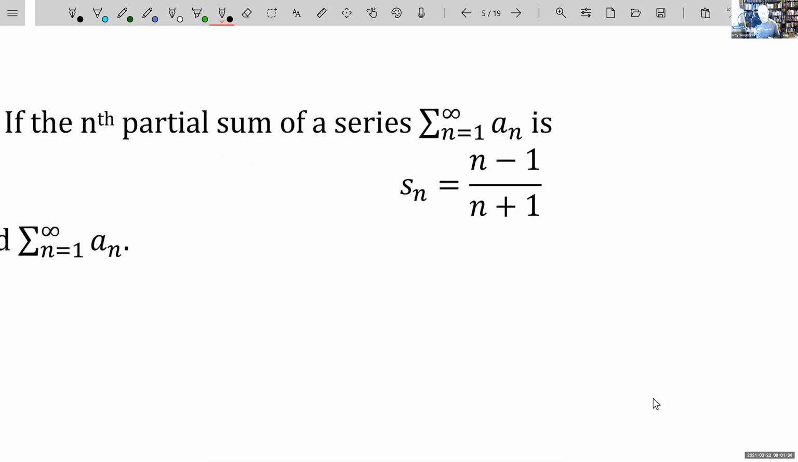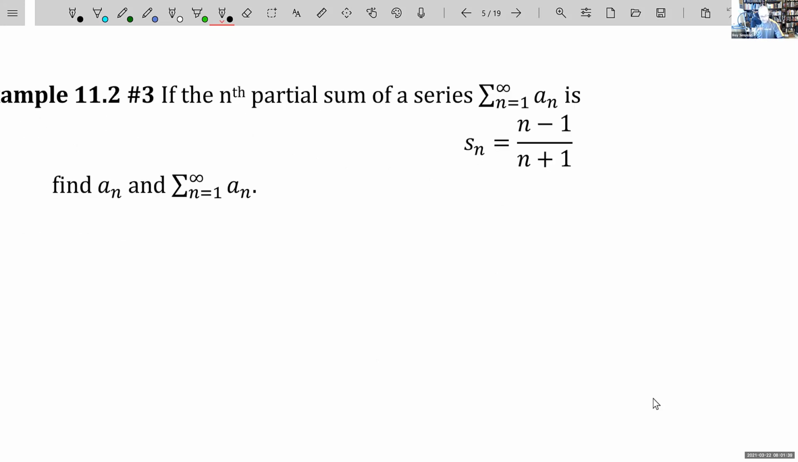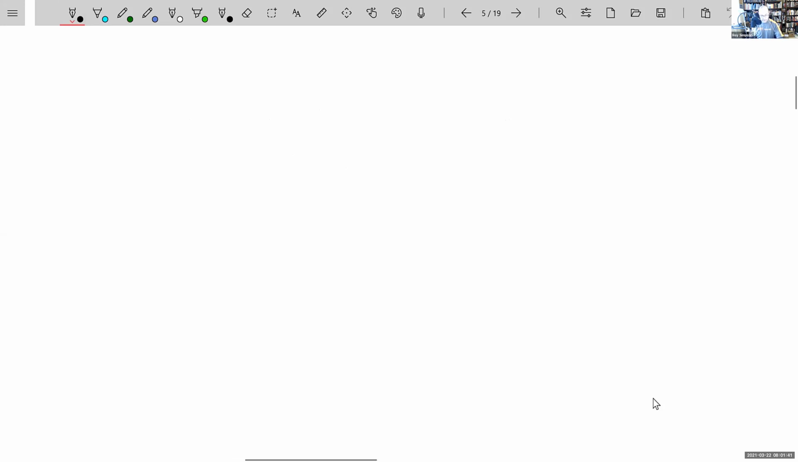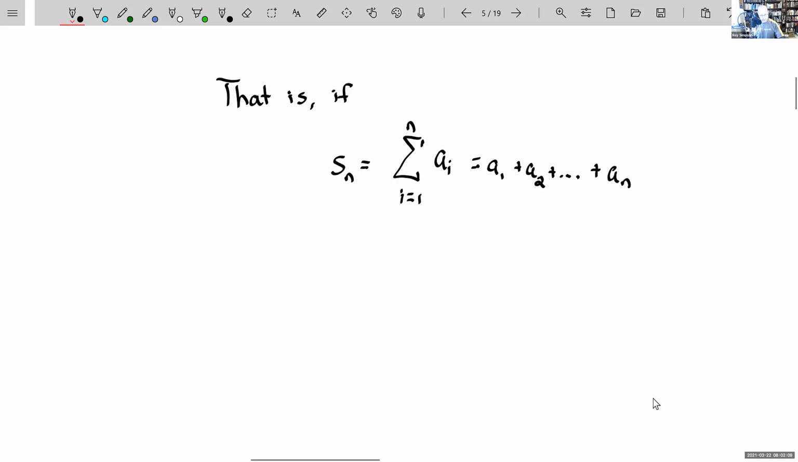So somebody comes in the room and they are kind enough to say, hey, guess what? If s sub n, zoom in here, so that is, if s sub n is equal to the summation i equals 1 to n of a sub i. In other words, it's a1 plus a2 plus dot, dot, dot, all the way to an. If that's what s sub n is defined to be, which it is, that's how we always define it, then